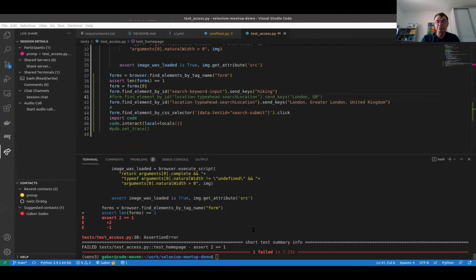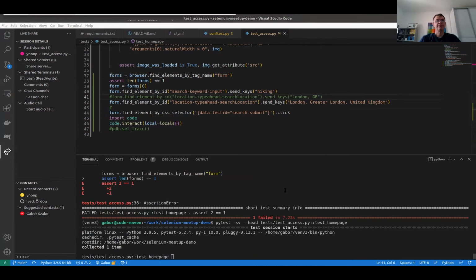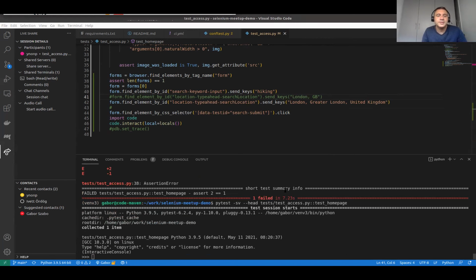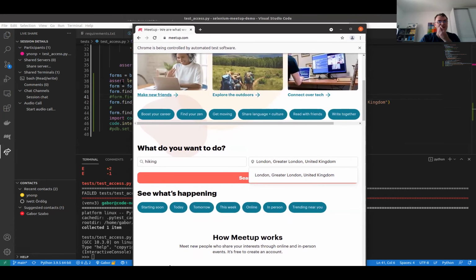Okay, now it has two forms. Why does it have two forms? It's the same test, and it suddenly has two forms. Let's wait. Let's be calm. Do you see how life is? It just changes all the time. It probably had two forms because I was moving the window during the time it was checking. Interesting. So this still didn't work.